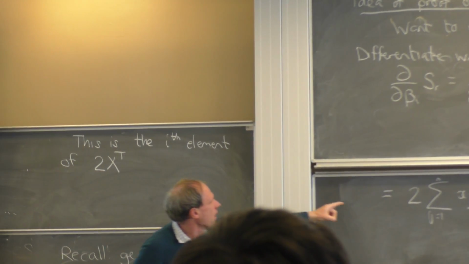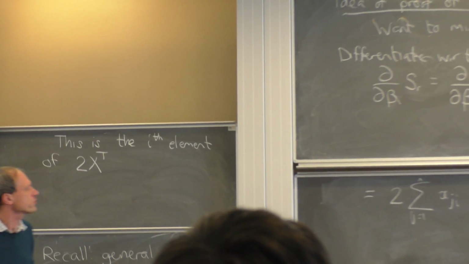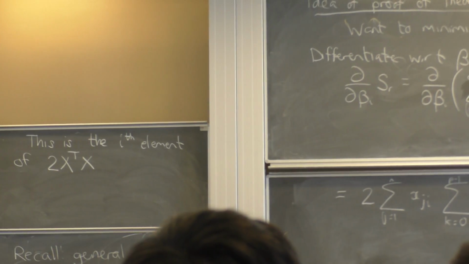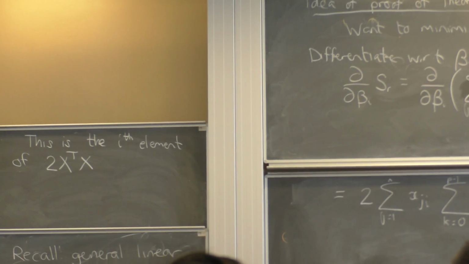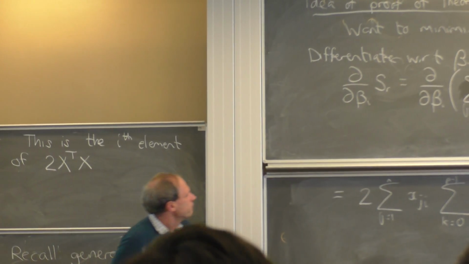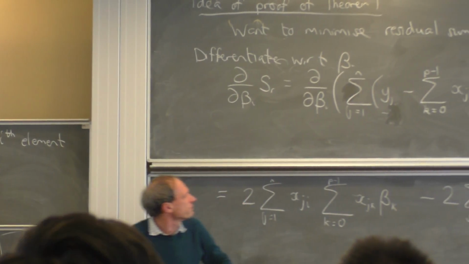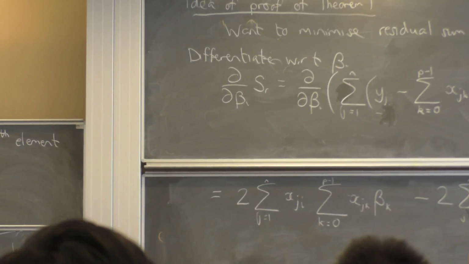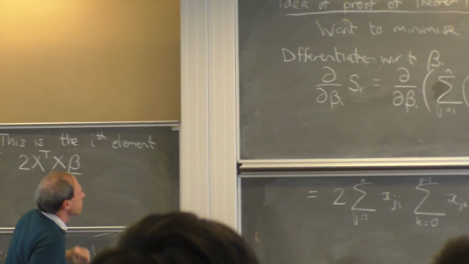The x_ji corresponds to x transpose. The x_jk just corresponds to x. They're now the right way round, because the thing we're summing over comes first and second respectively. So x transpose x times the vector beta